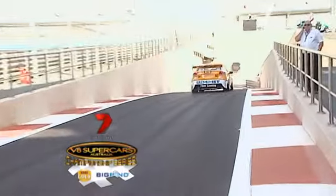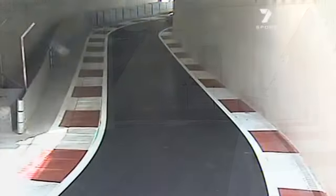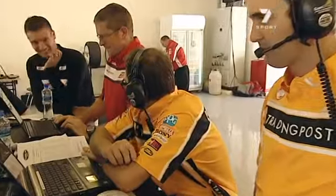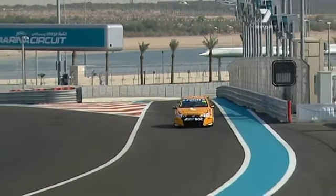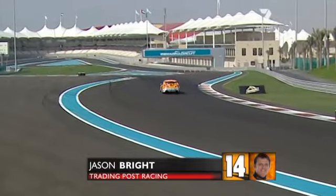It's time to determine our first pole sitter for 2010. And this unique side of a V8 supercar, ducking under the circuit proper through the tunnel. And at Brad Jones Racing, they've got a lot to smile about for Jason Bright, the Trading Post entry, driving a Holden for the first time since 2004, Brighty, and it's a good way to